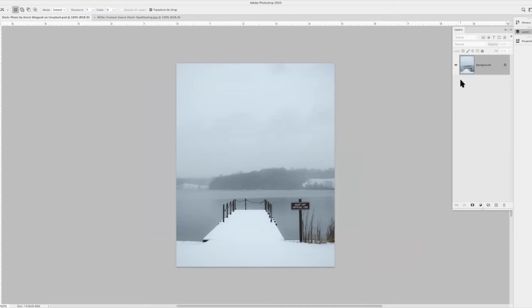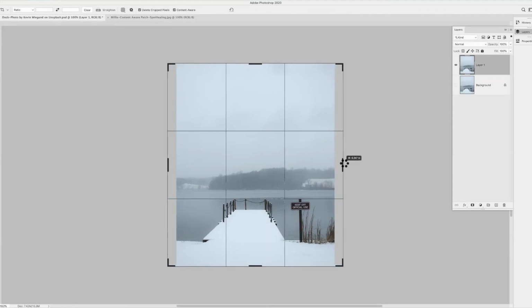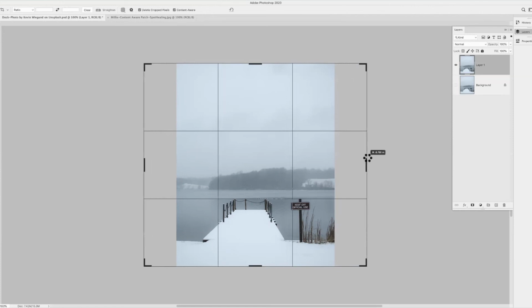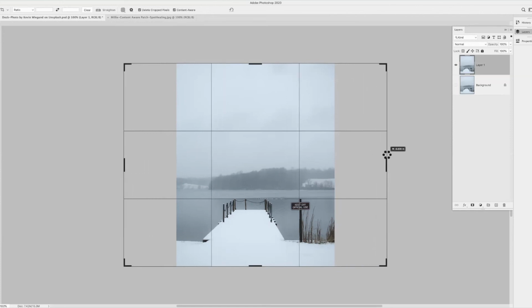So I'm going to do Control J and duplicate the layer. And now I need to add some canvas. So I'm going to use the crop tool to add canvas. I can add canvas this way, but notice we have content aware. So let's just see what this does. What I want to do is drag out each side about 2 inches. If I hold my Option key down while I drag, it will mirror on the other side. However, I lose my rulers, so I kind of have to eyeball it. And when I let go,